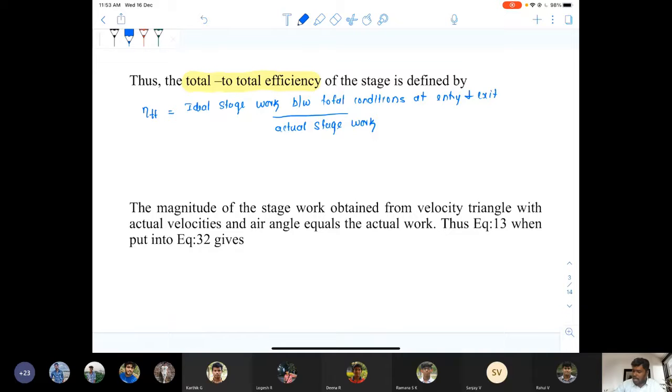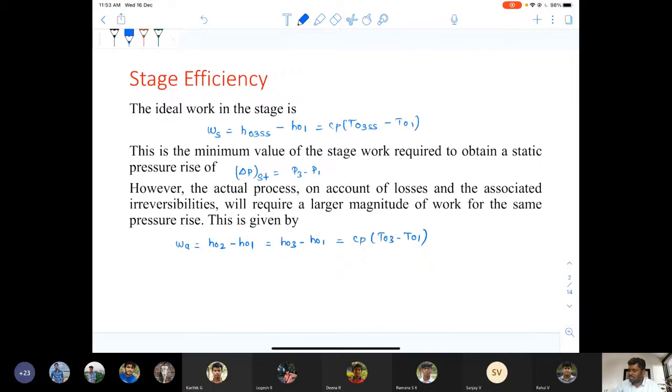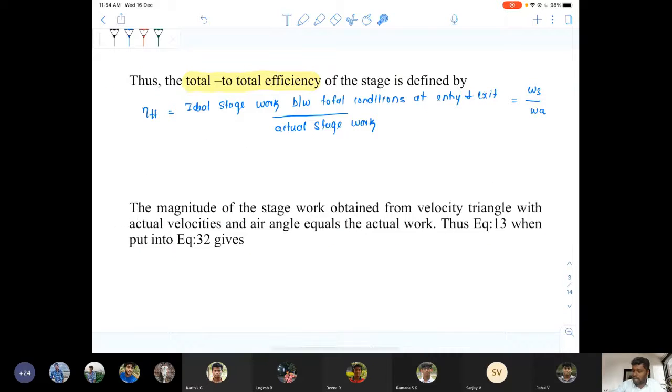We know that ideal stage work is Ws, divided by the actual work Wa. Consider these as equation number 31 and equation number 32. From equations 31 and 32, we have the values of Ws and Wa. By substituting these into this equation, eta TT will be equal to